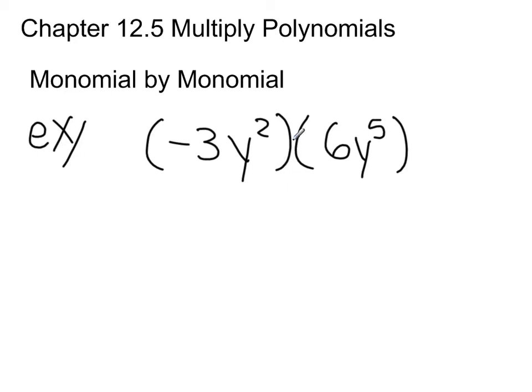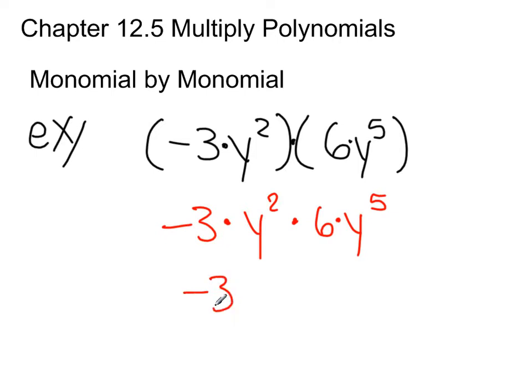Now, what's going on between these two is multiplication. In fact, we have a lot of multiplication going on. We have negative 3 times y squared times this 6 times y to the fifth. It's all multiplication. And we can see these parentheses are only here to represent multiplication. So let me go ahead and just drop them, and I'll write my multiplication sign so we can see this a little bit nicer. Since this is all multiplication, we can use commutative law and reorder this